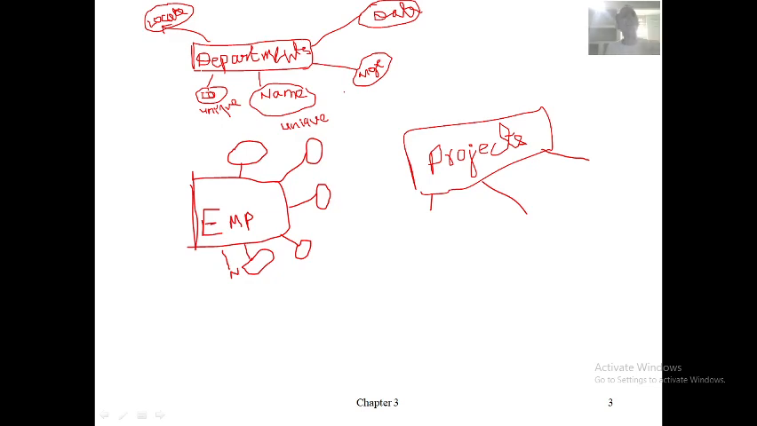The company will keep track of those things also. Then what are the dependents? For example, the company will keep track of my dependents, meaning my spouse, my daughter, my son. These are the dependents of mine. Okay, and